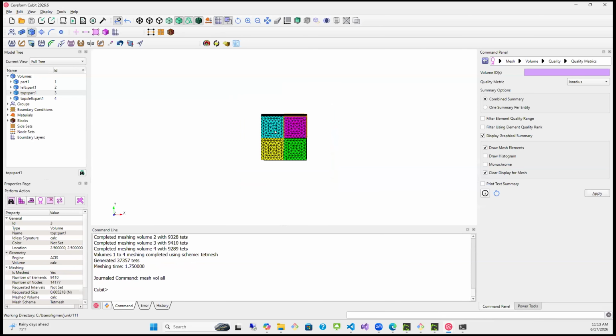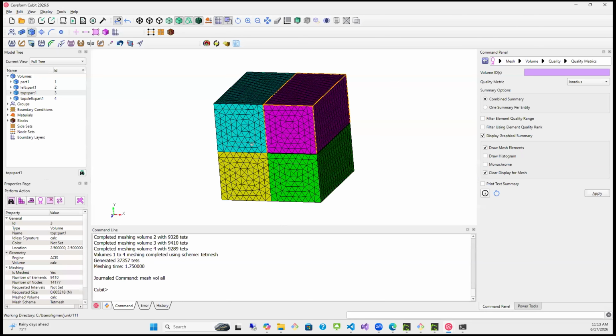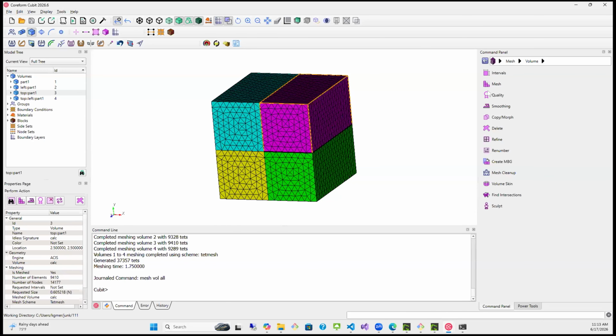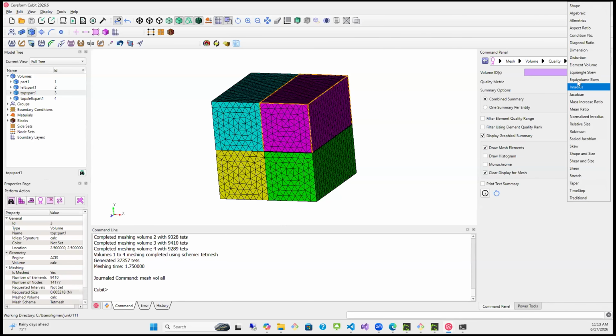We won't see much going on here, but because these are all planar. But if I now come into mesh volume quality and pick my quality metrics, I can pick an in radius or a normalized in radius. The normalized in radius